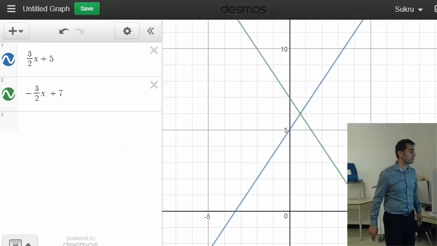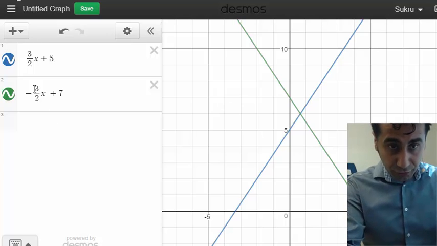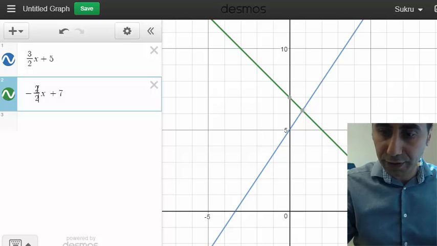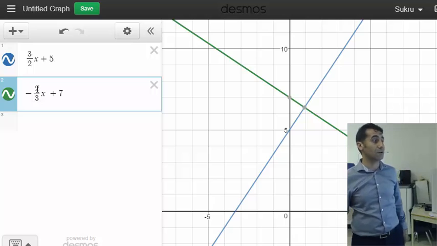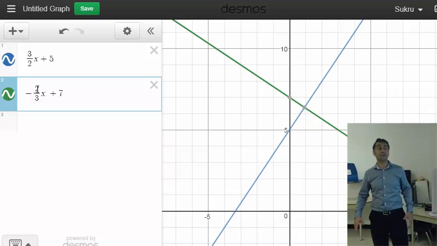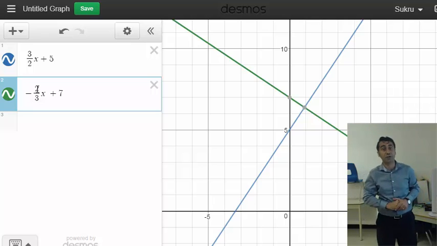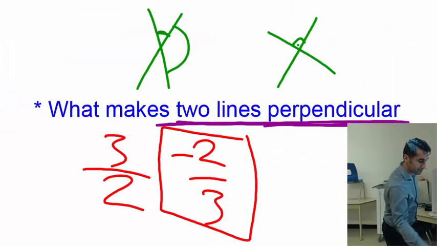Let's go back to the graph and let's change 3 over 2 into 2 over 3. And now look at these two lines. It's perfect, the lines intersect each other with 90 degrees. Now I am looking at two perpendicular lines. Once again,